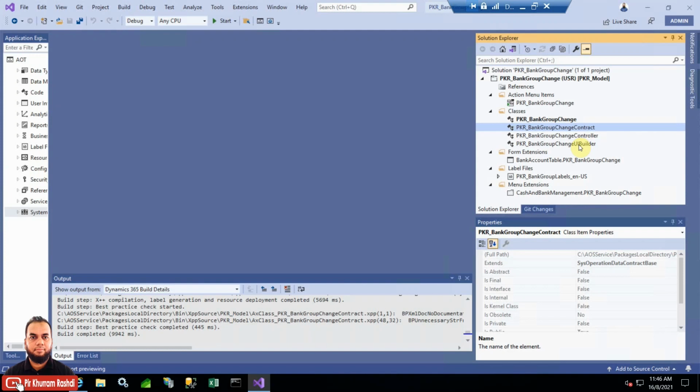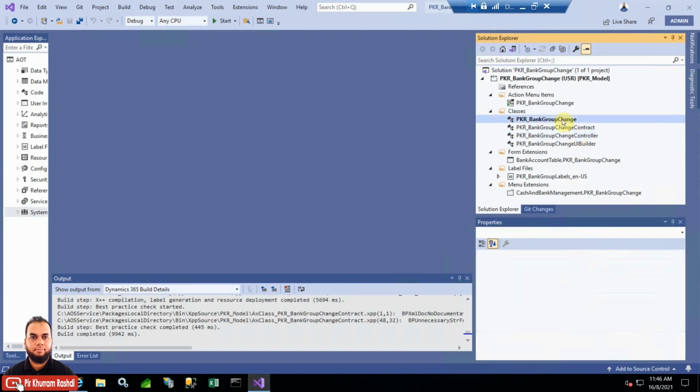So that we need to implement, and for that we need to use two static methods. One will initiate the process and one will act as a callback class that the framework will call to perform the desired action. So what we can do is just open our group change class,